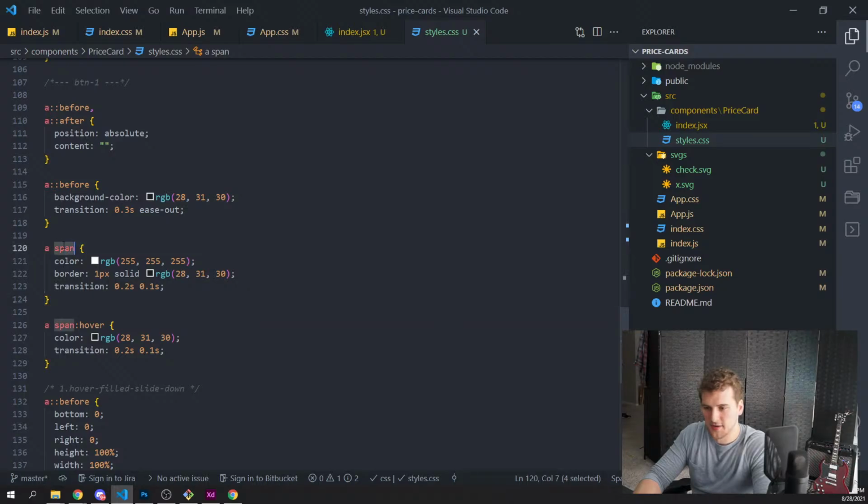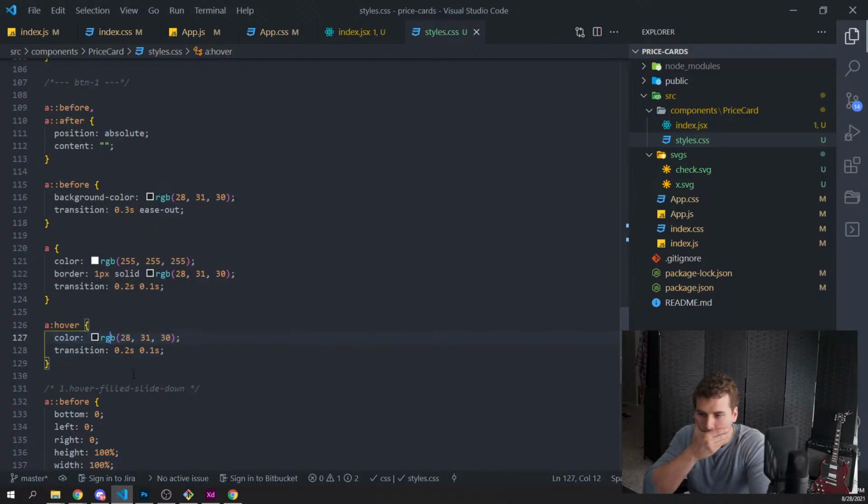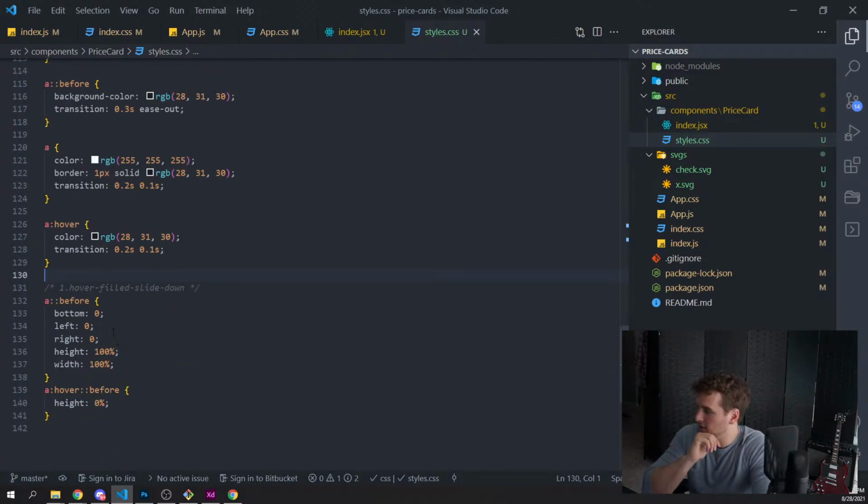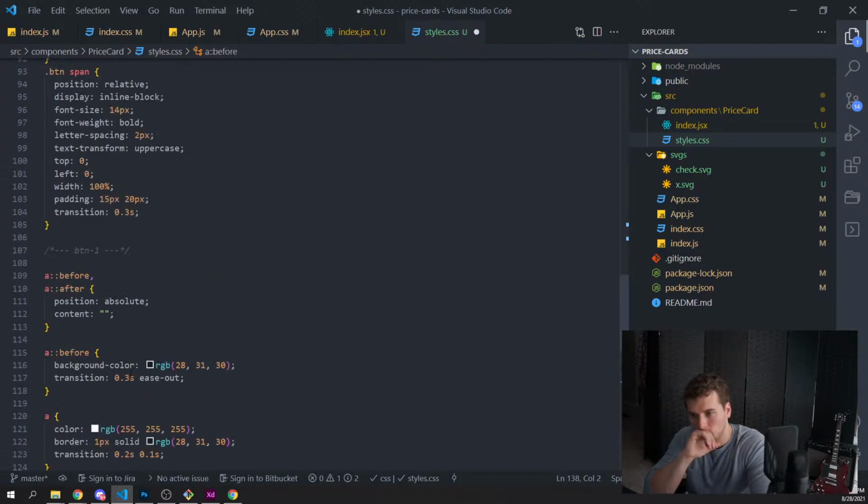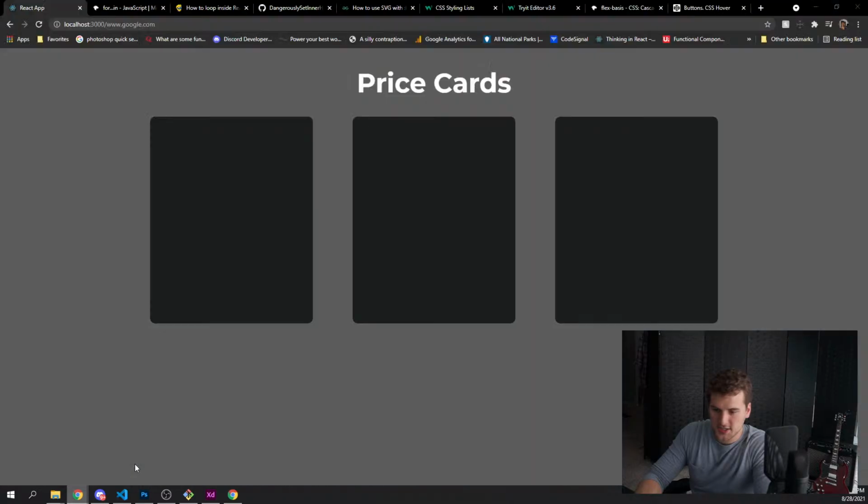We don't have a span. So that'll also just be on the A tag on hover. And then why is that applying to the whole card?